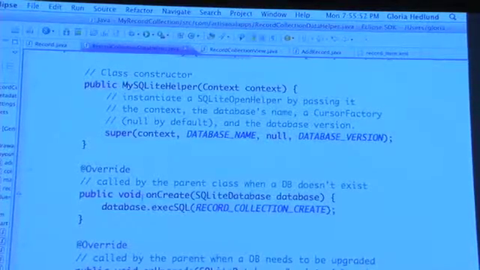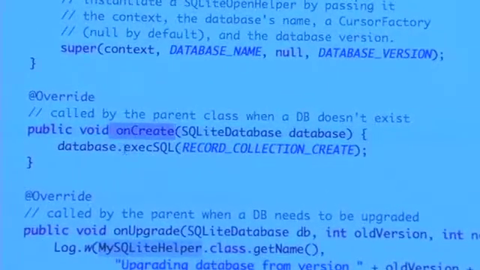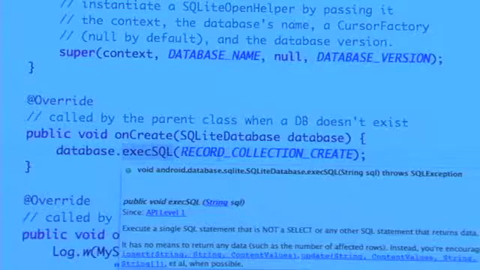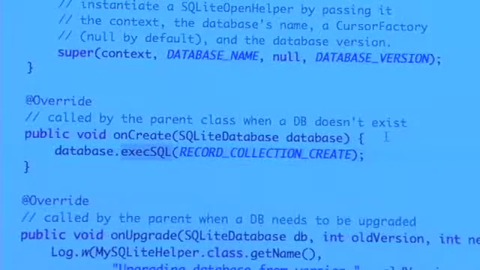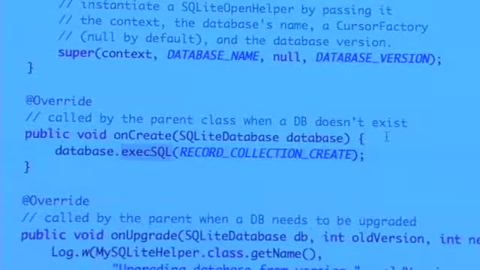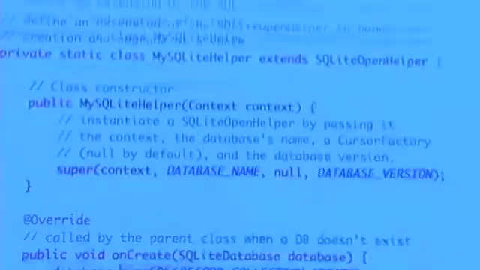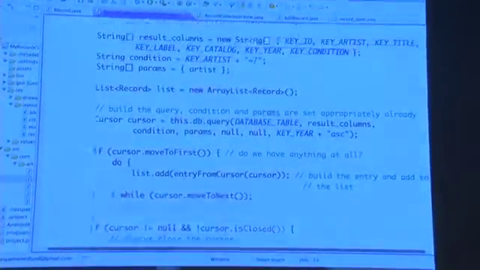See this onCreate method, database exec SQL. This function here will just execute a raw SQL command. That record collection create was one of my static final strings that created the database. So this SQLite helper class is what's creating the database. So moving back up,